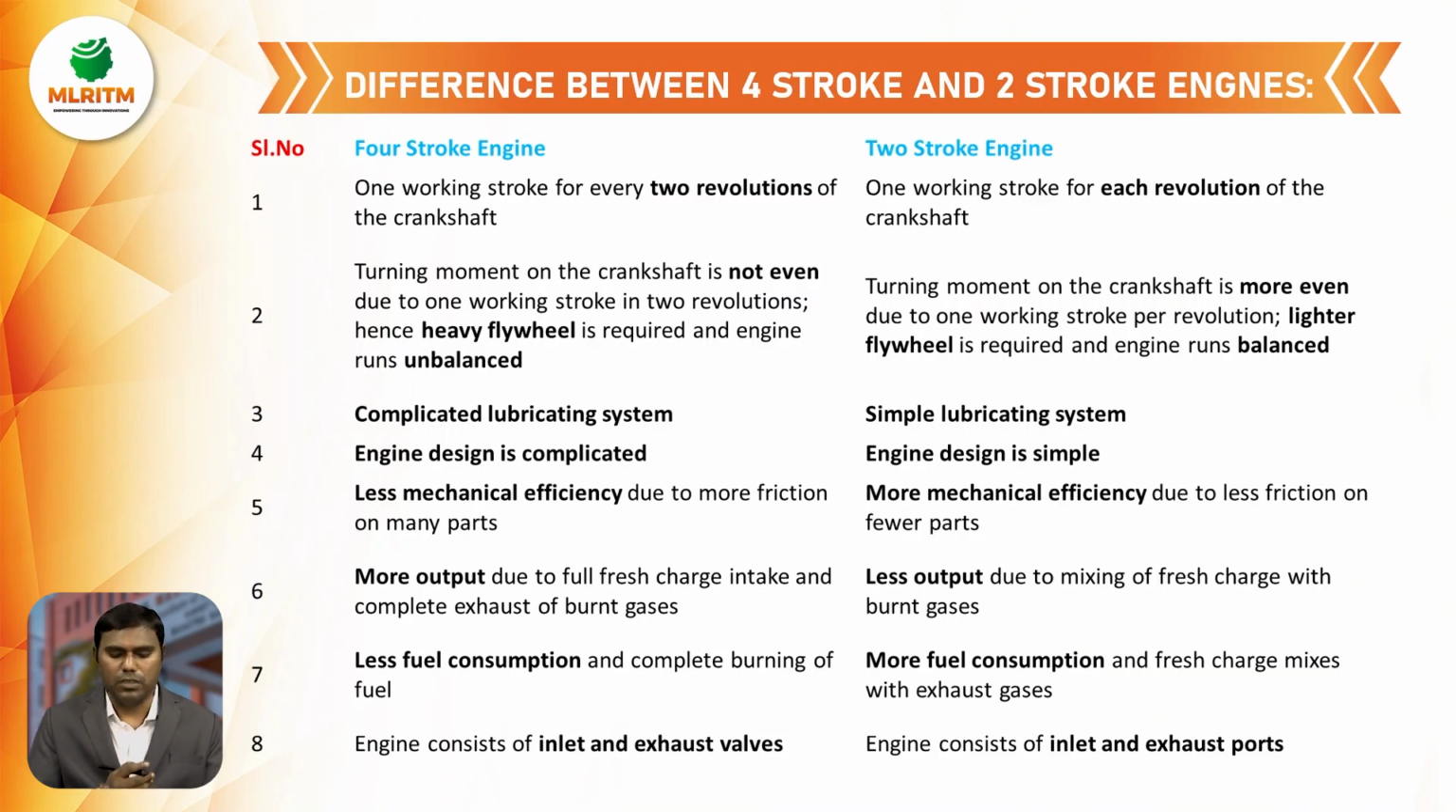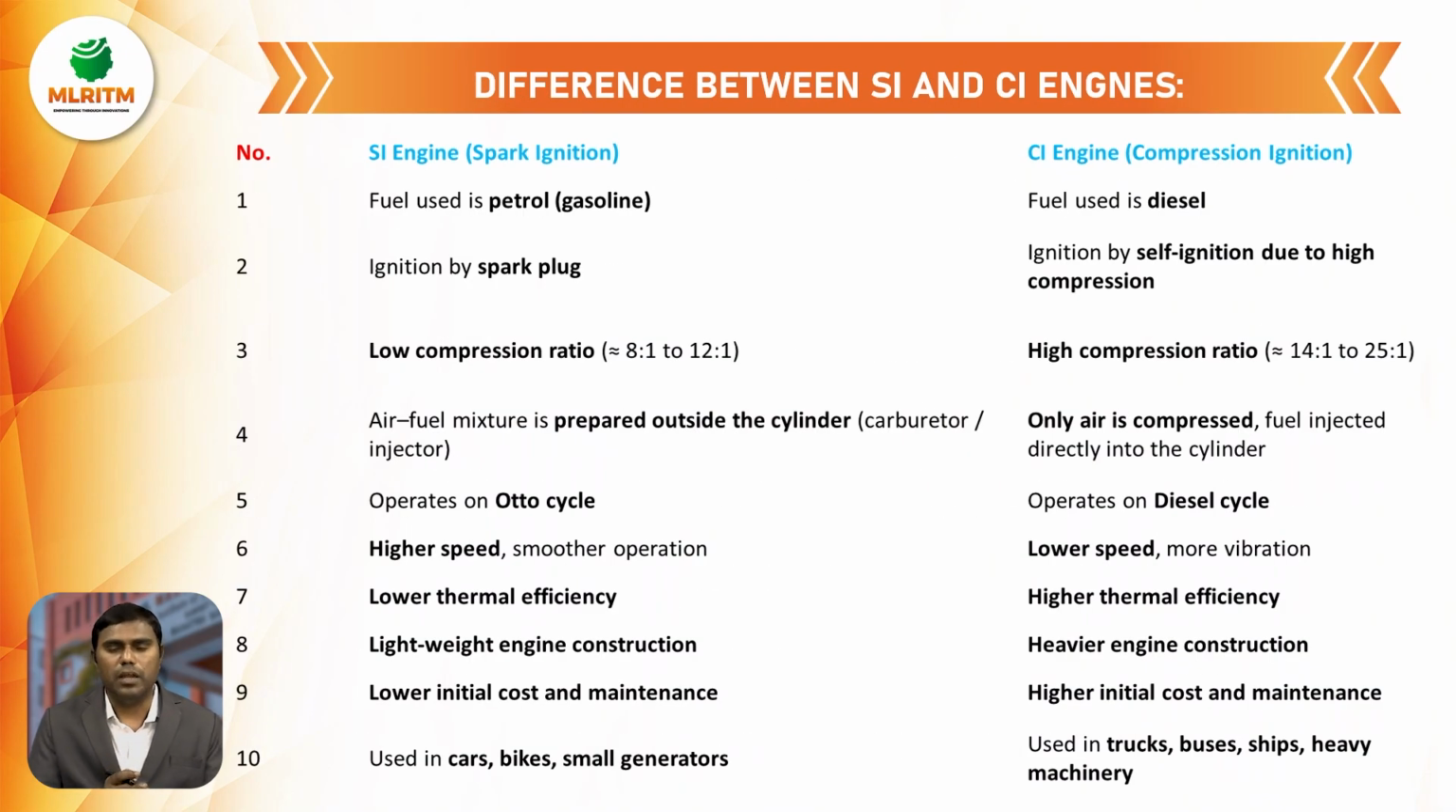Next, coming to the differences between SI engine and CI engine. Generally, in SI engines, we use petrol, and in CI engines, we use diesel. SI engines generally use spark plugs, and diesel engines use a fuel injector. For SI engines, the compression ratio is very low, generally 8 to 12, whereas in CI engines, the compression ratio is very high, almost 14:1 to 25:1. Then in an SI engine, air and fuel are both mixed in a carburetor, and in a CI engine, only air enters into the engine cylinder, and at the end of the compression stroke, fuel is injected with the help of